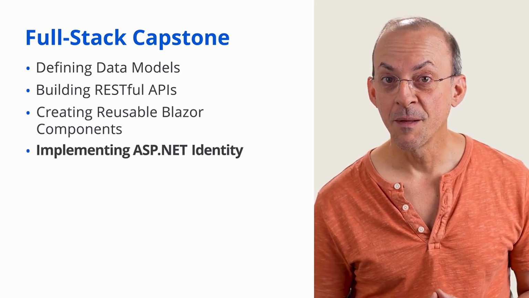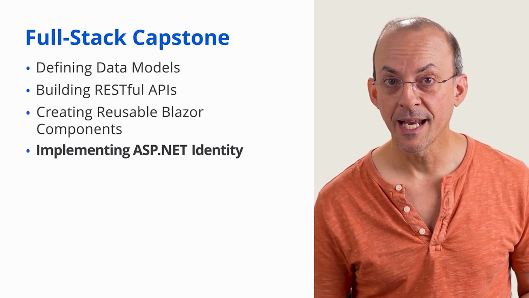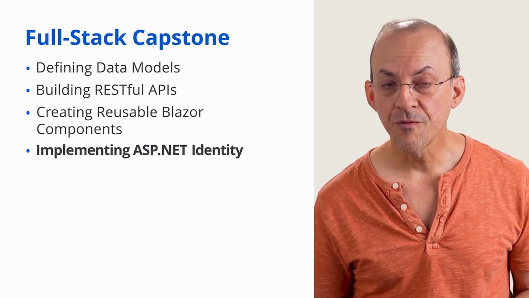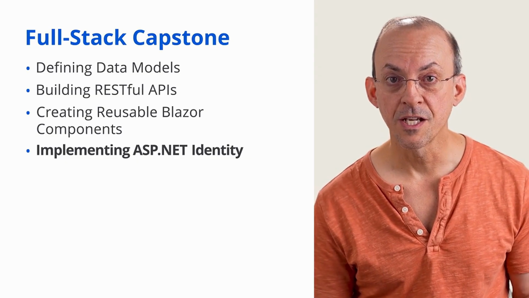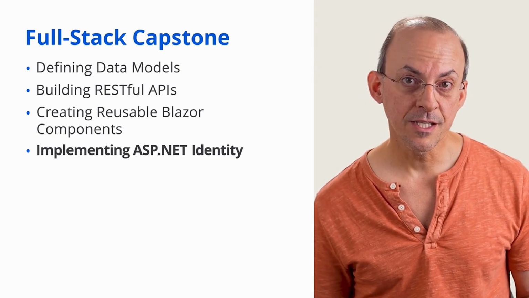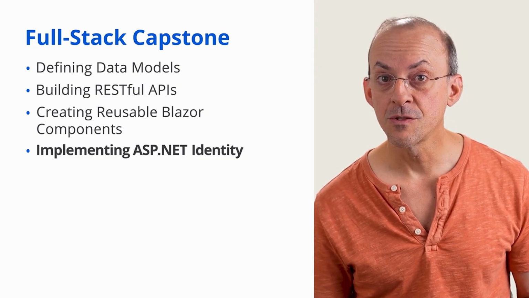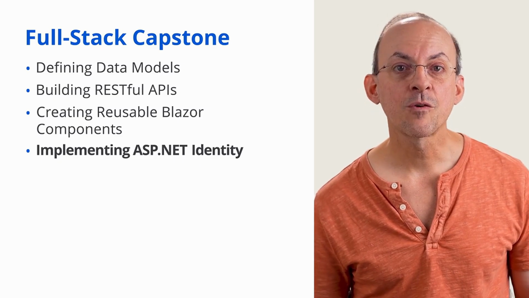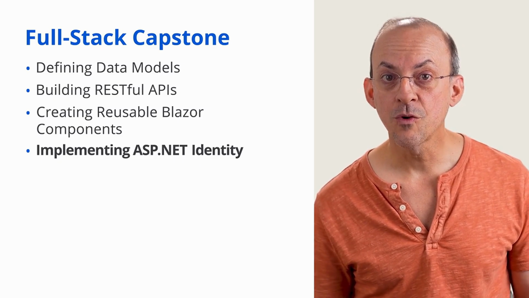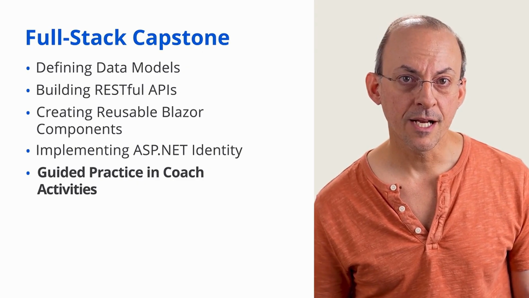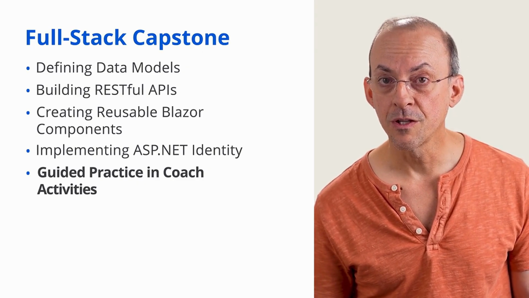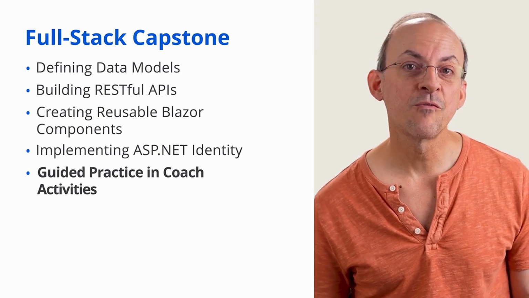Finally, you looked at how to implement authentication using ASP.NET Identity. You configured registration and login flows, returned tokens using authentication endpoints, and restricted access to secure routes based on user roles. After reviewing each concept, you reinforced your understanding through coach activities. These guided practice sessions allowed you to apply what you had learned step by step before moving on to the